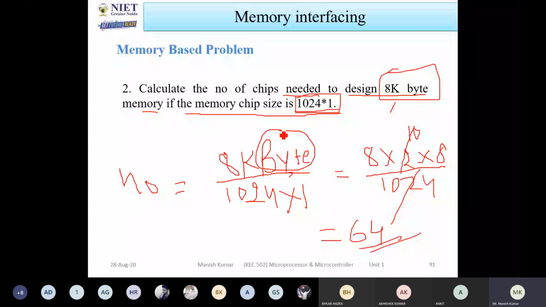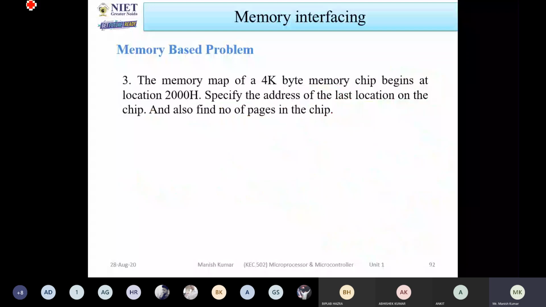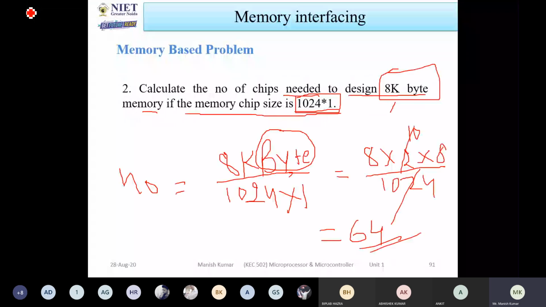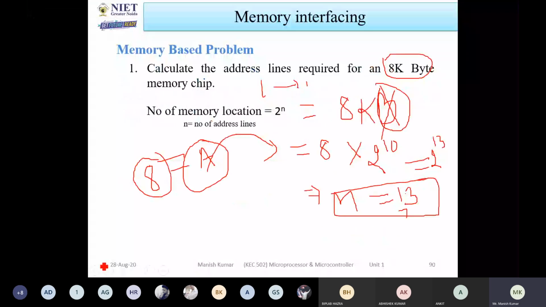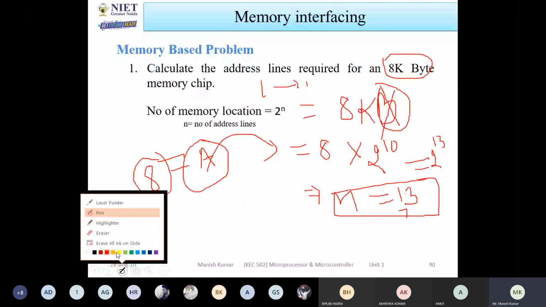Anyone have any doubt? No sir. Okay, so then we will move to the next one, question number 3. You can read it and try to understand. Now you know that. Okay, one more thing I will discuss here, so you can understand better, so that you can solve the next question itself.